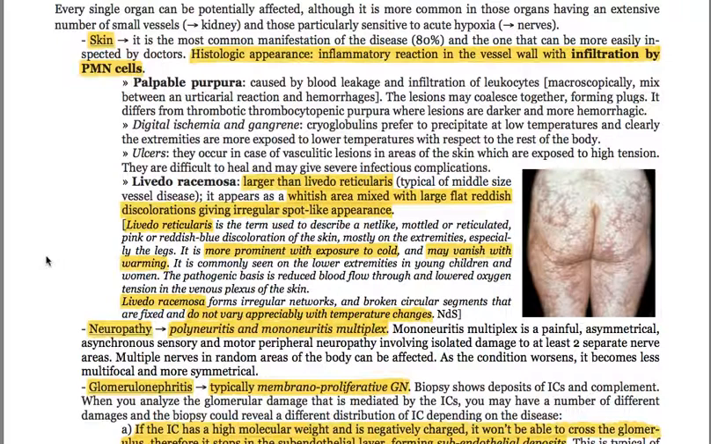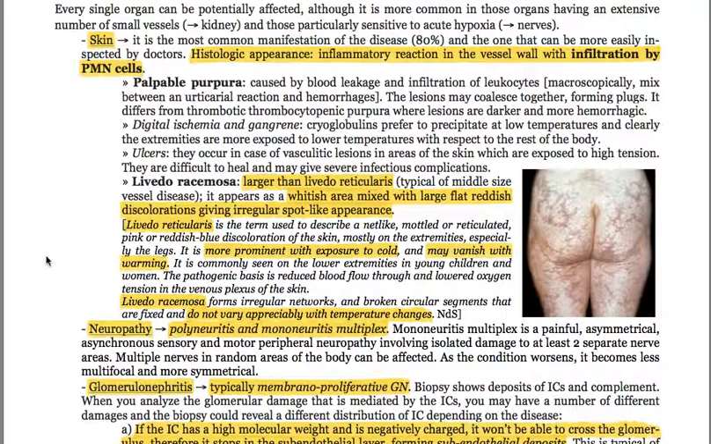We can have also livedo racemosa, which is larger than livedo reticularis, which is typical of middle-sized vessel disease. It appears as a whitish area mixed with large flat reddish discolorations, giving irregular spot-like appearance. Livedo reticularis is the term used to describe a net-like mottled or reticulated pink or reddish-blue discoloration of the skin, mostly on the